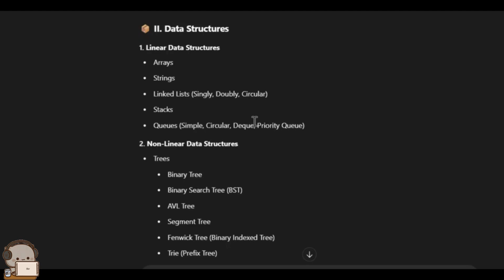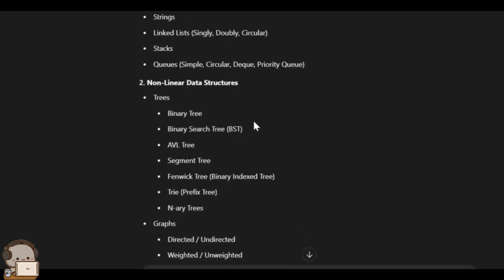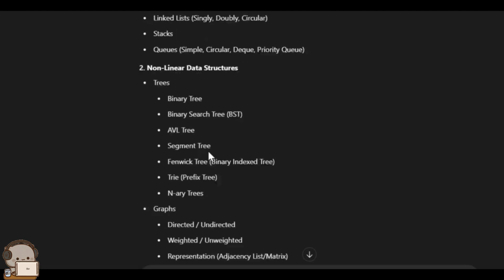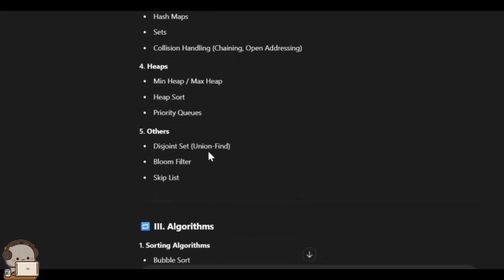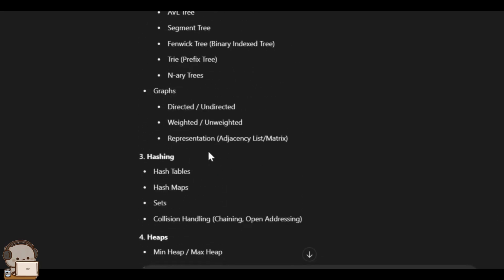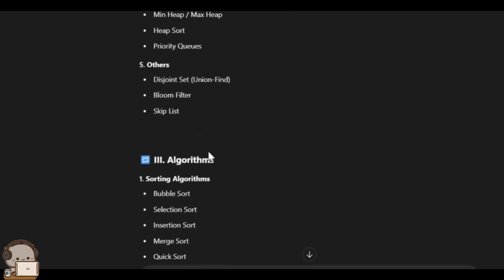Non-linear data structures include trees, binary tree, binary search tree, AVL tree, segment tree, Fenwick tree, Trie, and array trees, graphs, hashing, heaps, and others, which may include disjoint set, bloom filter, skip list,